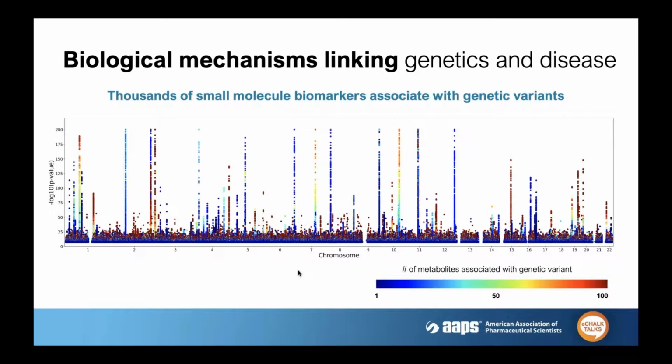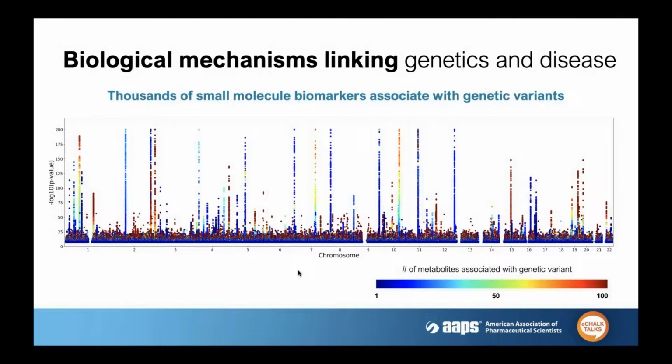Now, to give you an idea of what this may represent, you can imagine common genetic variants in the cytochrome P450 system, for instance. Those genetic variants may influence the production and/or biosynthesis and/or detoxification, if you will, of tens of thousands of different molecules in human blood. And those are genetic variants that may influence many, many different circulating small molecule biomarkers. In contrast, there are other genetic variants which only associate with one or two biomarkers. And both of these can provide very interesting and important information that, again, allow us to begin to link human